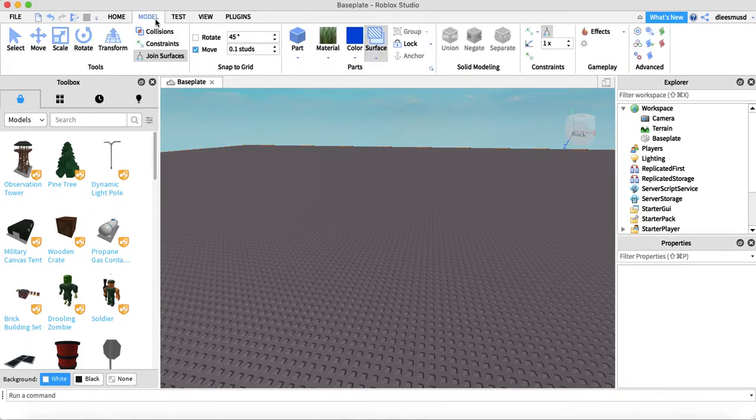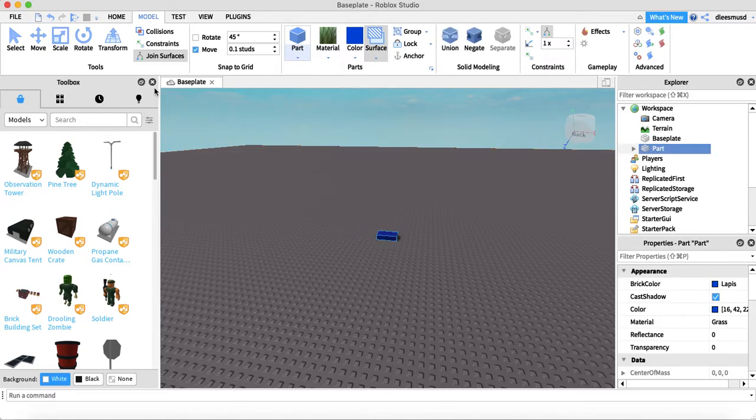Alright, so using the join surfaces is kind of a pain because the surfaces have to be parallel to each other in order to connect. So I found out about this other way that you can get these parts to stick to each other, and it's a lot easier. So let's say I have this part here